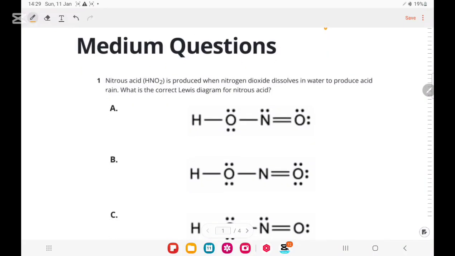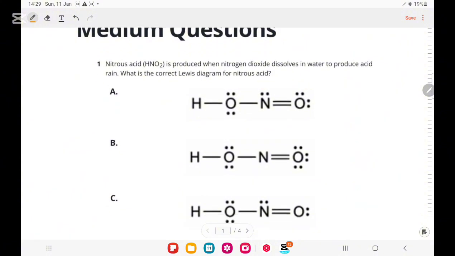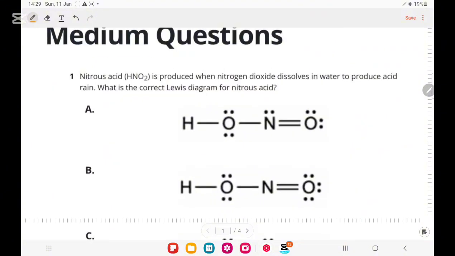We are going to discuss nitrous acid, which is produced when nitrogen dioxide dissolves in water to produce acid rain. What is the correct Lewis diagram for nitrous acid? In order to find that, this is basically HNO2, and first we need to find the valence electrons present in them. So we have hydrogen, which has one valence electron, and we have nitrogen, which is going